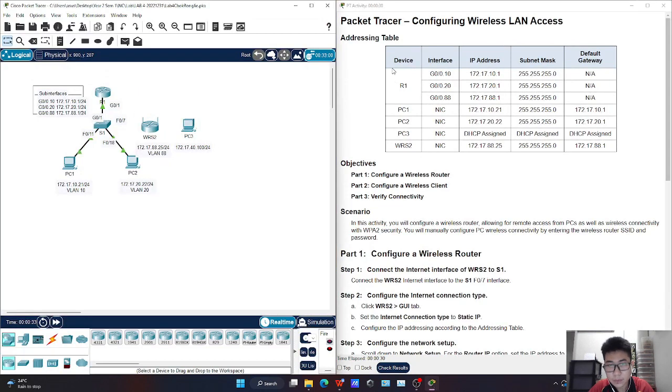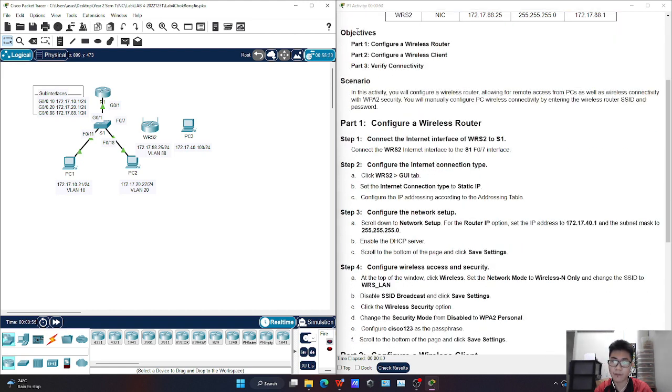So in this packet tracer activity, I have to learn how to configure wireless LAN access, and this is the addressing table provided to me. It contains every device in the topology, the interface used, the IP addresses, the subnet masks, and the default gateways. And these are the objectives of the packet tracer activity. For part 1, I have to configure a wireless router. For part 2, I have to configure a wireless client. And then part 3, I have to verify the connectivity of each